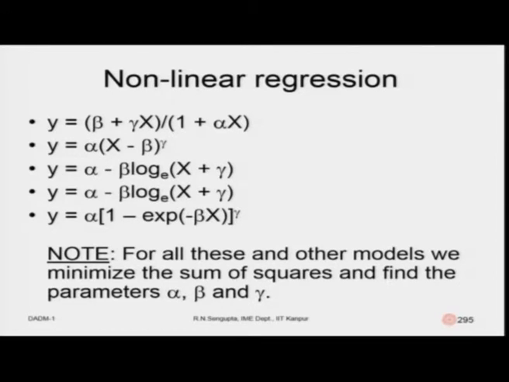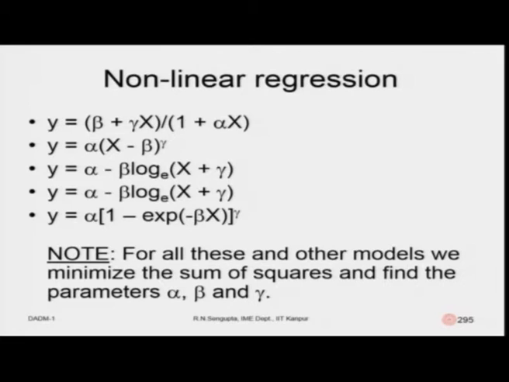A few examples of nonlinear regressions: if you see the first one, you have beta, alpha and gamma in the numerator and denominator, hence trying to find the sum of the squared errors. Obviously, when you partially differentiate with respect to alpha, beta and gamma, it would not give you simple linear equations; they may be quadratic or other polynomial ones. Hence finding the betas, alphas and gammas using the concept of multilinear regression would not be possible.